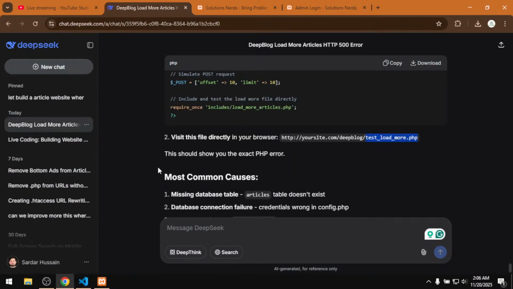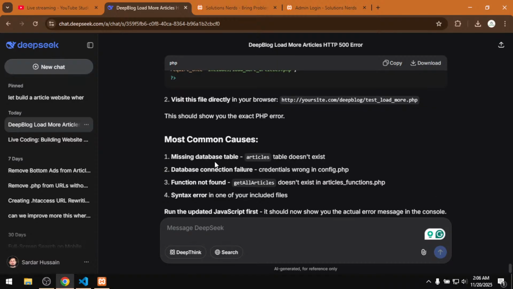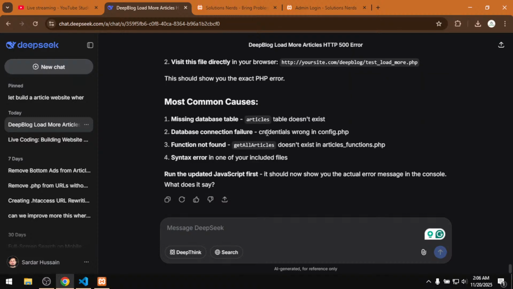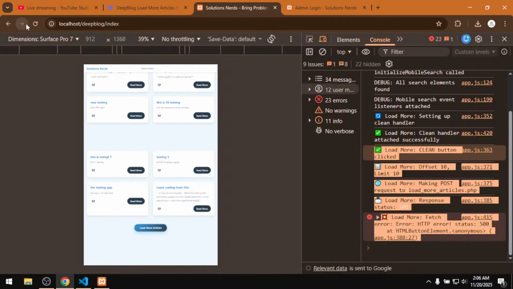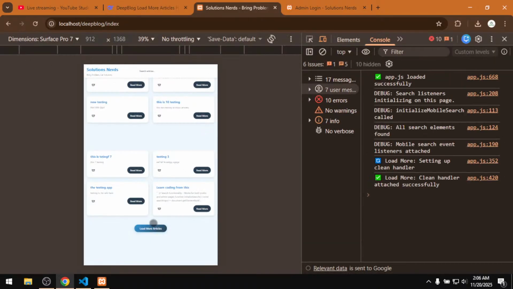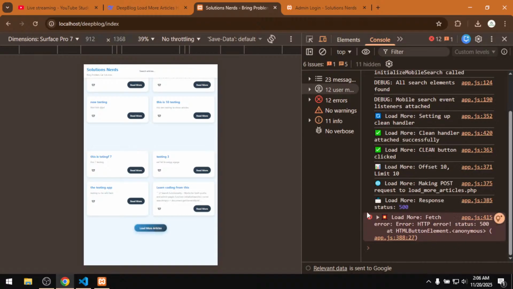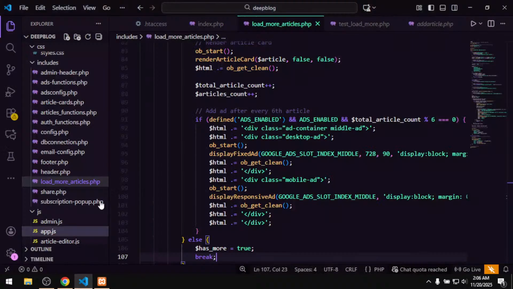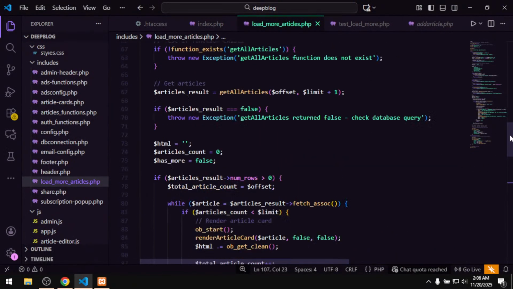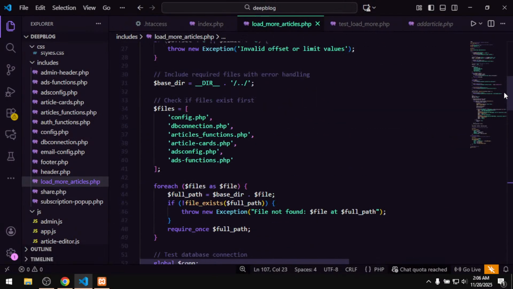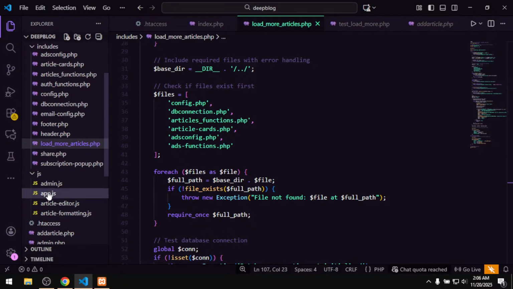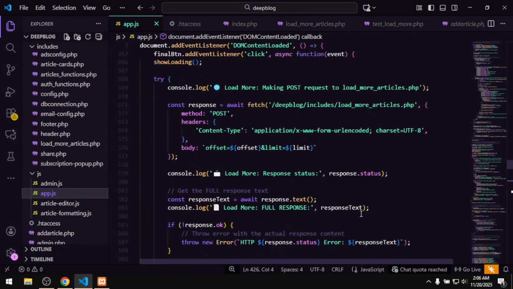And this, so now let's see. Missing database table, article table does not exist, and database connection failure, it is working, and function not found, this is already found. Syntax error, your file included, run update JavaScript first. So okay, I will run updated JavaScript. The problem is still there, and let me check out if everything is okay. So here, come on, where is that app.js? So only this response is not working,